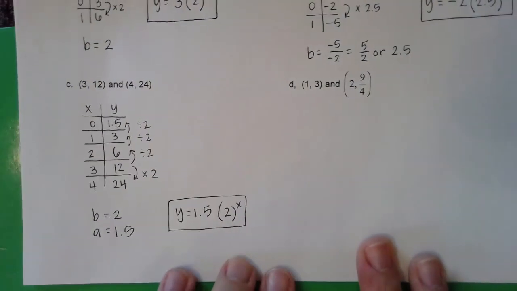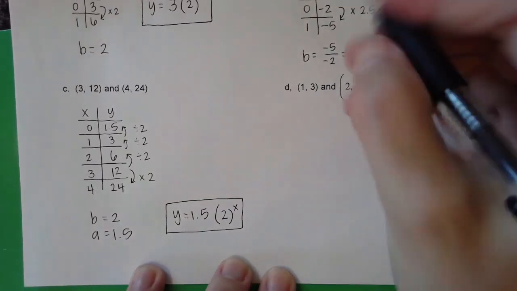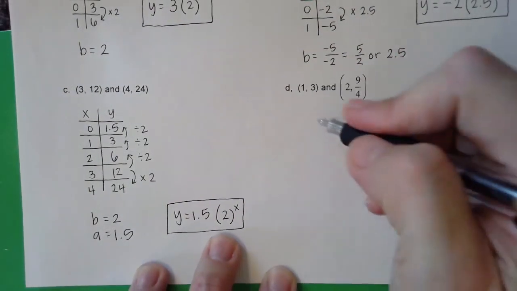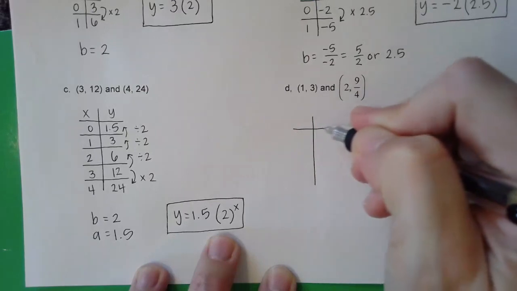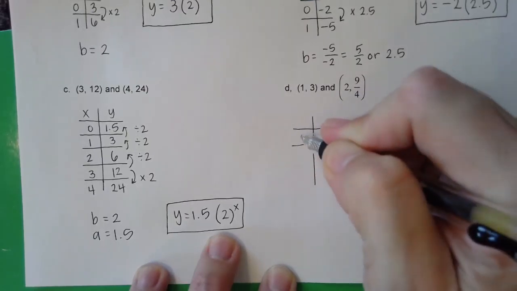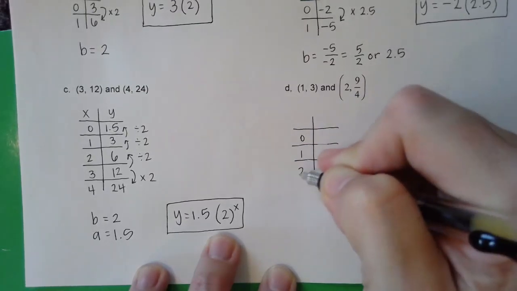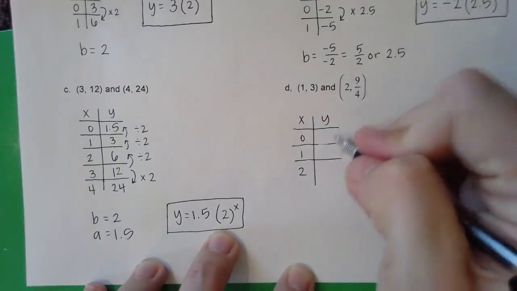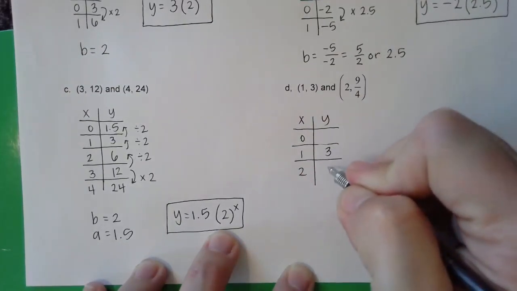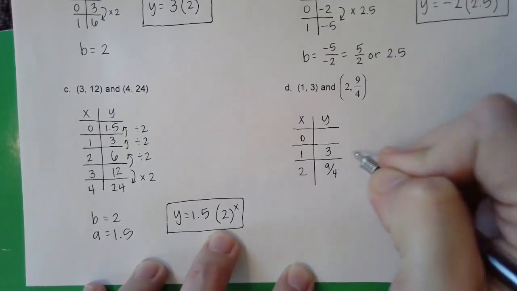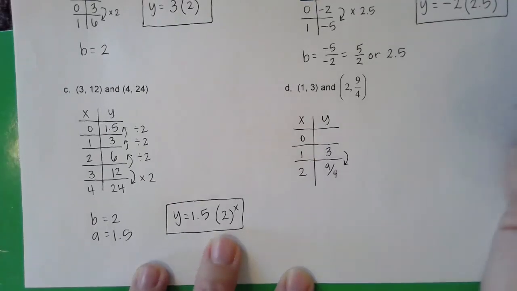The last one on the notes today, let's see, they give me the number for 1 and the number for 2. So when I make my table, I'm going to have to leave the space for 0 because I'm going to have to go back and figure out what number goes with 0. If 1 goes with 3, and if 2 goes with 9 over 4, this one again, it's a little bit tricky to figure out what number you have to times a 3 by to turn it into a 9 over 4. So on your calculators, you could always change this into a decimal if you wanted to,